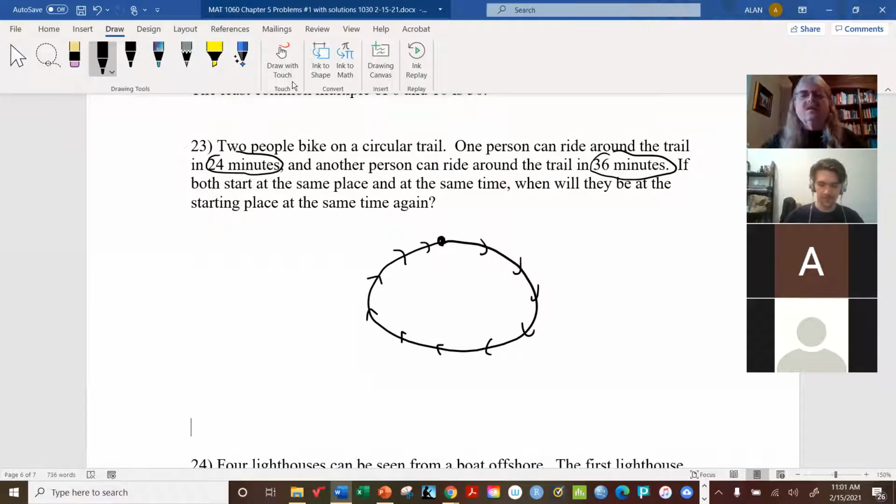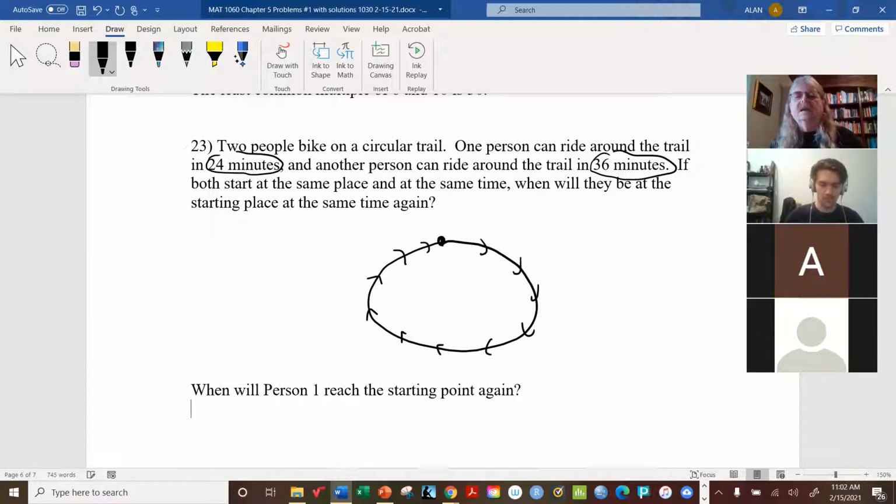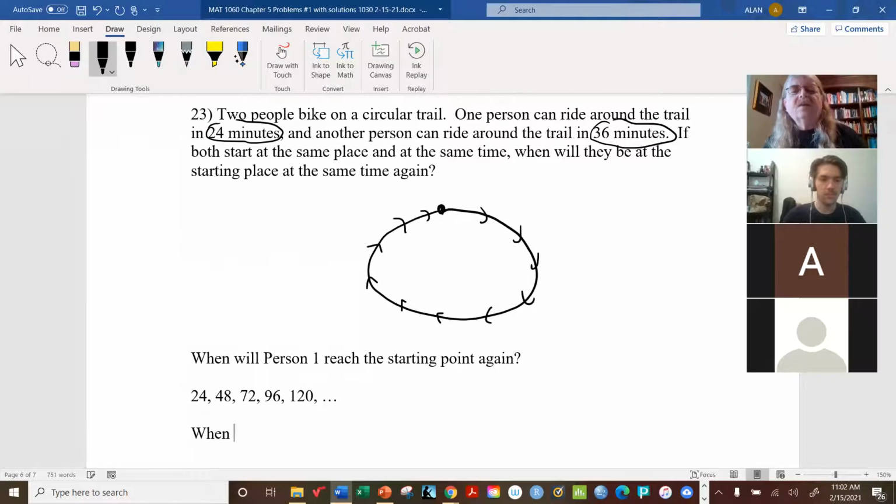Well, why don't we try this? When will person one, we'll call them person 1 and 2, reach the starting point again? Well, in 24 minutes, 48 minutes, 72 minutes, 96 minutes. Every 24 minutes, they'll be back at the starting point, assuming that they don't get tired or drop out or something. When will person 2